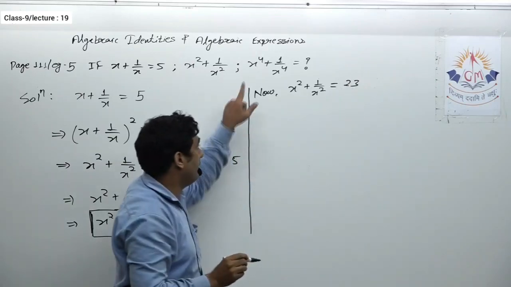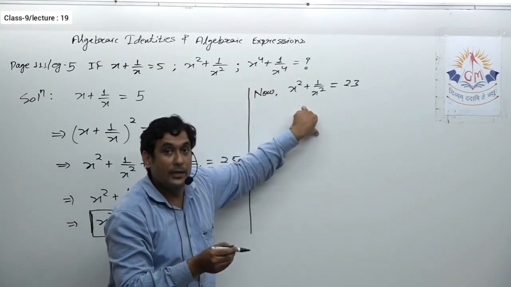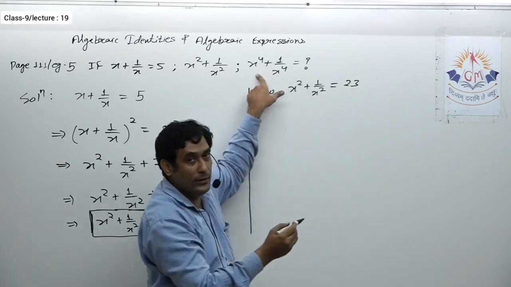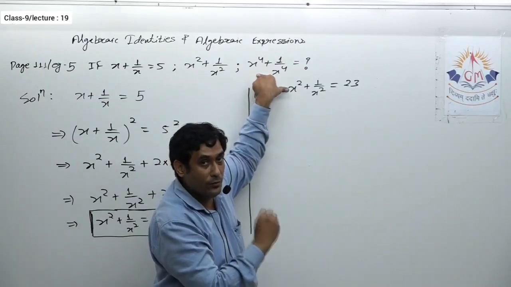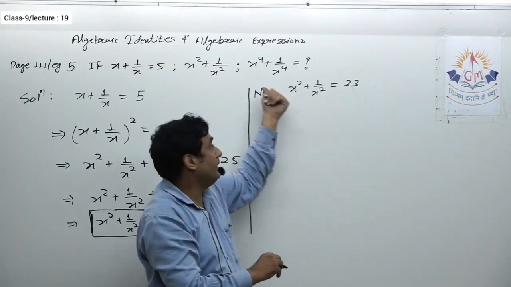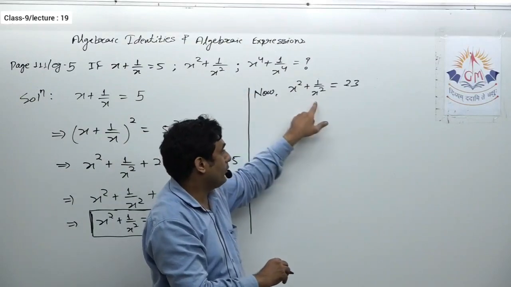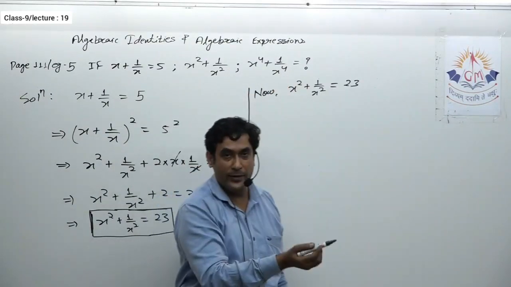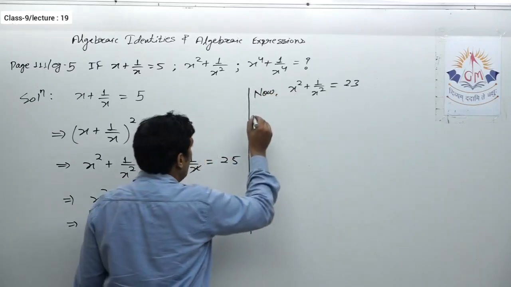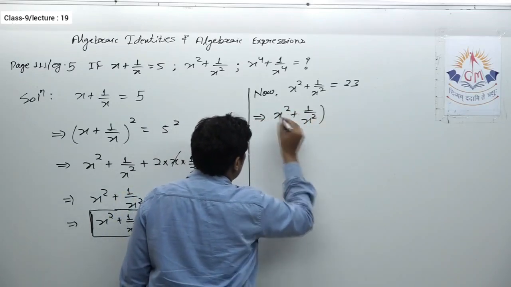As I told you, whenever you need the value of a greater expression, you have to start with the smaller one. And after that, either you have to make a square or you have to make a cube. That depends on the expression whose value you actually need to find. Now here you can see that if I square this, definitely the first two terms will be this. Square of x square is x raised to 4, square of this is this. Definitely there will be one extra term, but by squaring we will get this expression as well. That means next, I have to square both sides once again.